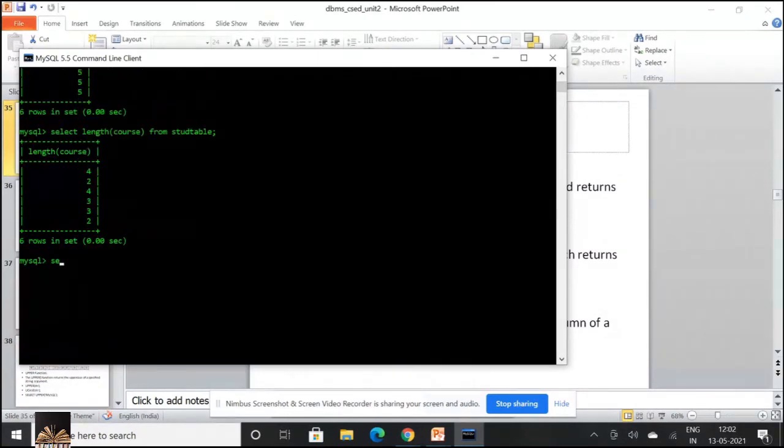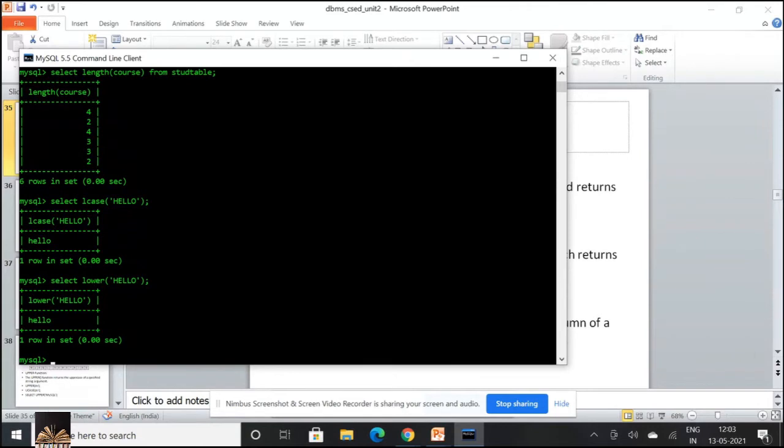Here, SELECT LCASE of 'hello' would display the lowercase version of the string hello. Or you can also use LOWER. Anything can be used; both give you the same result.